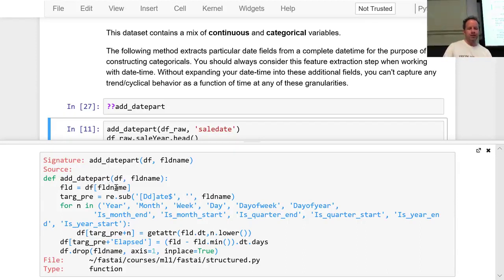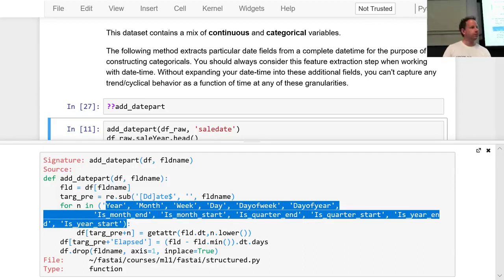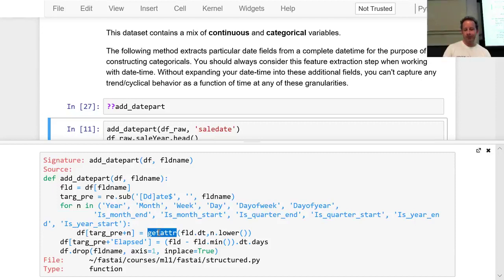And so what we're going to do is go through all of these different strings, right? And this is a piece of Python which actually looks inside an object and finds an attribute with that name. So you can Google for Python getattr. It's a cool little advanced technique. But this is going to go through and it's going to find, for this field, its